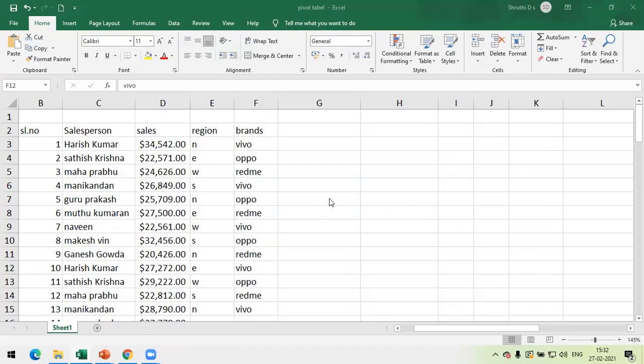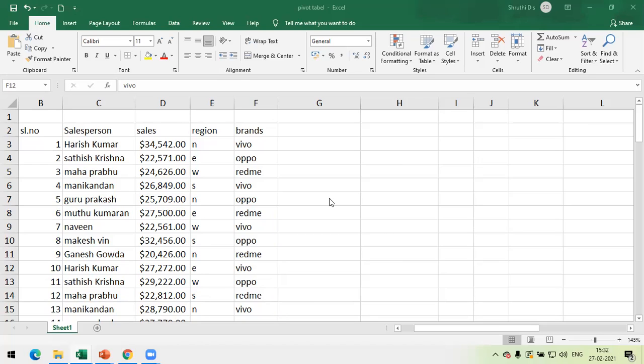See, we have seen different ways in which we can analyze the data, right? So the pivot table is actually a very effective and very beautiful concept in Excel. Each and every column can be analyzed here, and Excel automatically gives you the results.